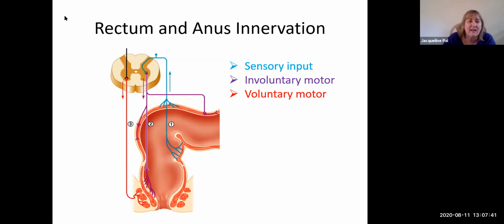So then there's involuntary motor input coming back down to the rectum, say, hey, relax, smooth muscle. So the smooth muscle in the rectum and the lower part of the sigmoid colon relaxes, and that internal anal sphincter is completely relaxed. So the only thing holding the fecal material in right now is that external sphincter, because